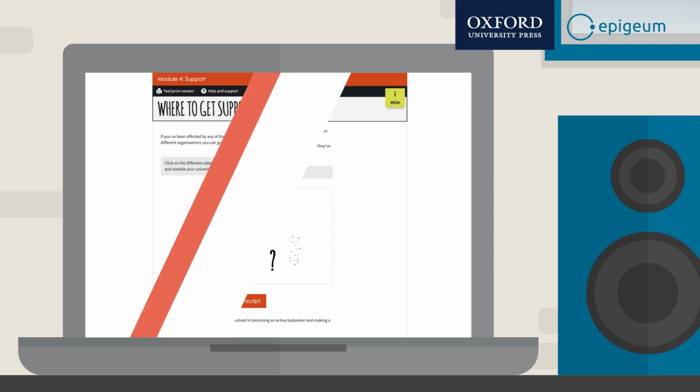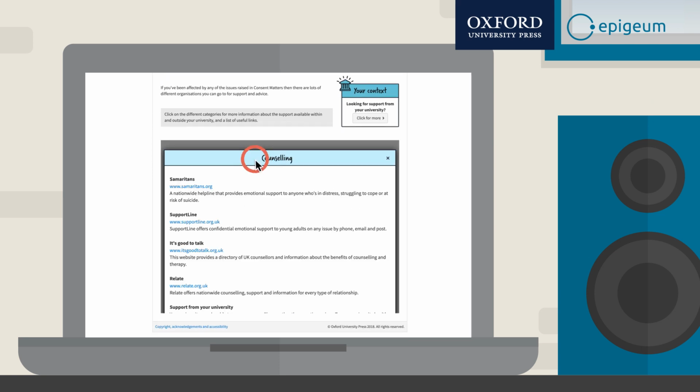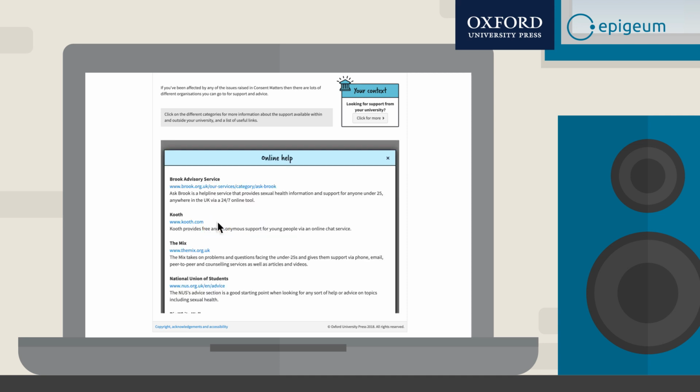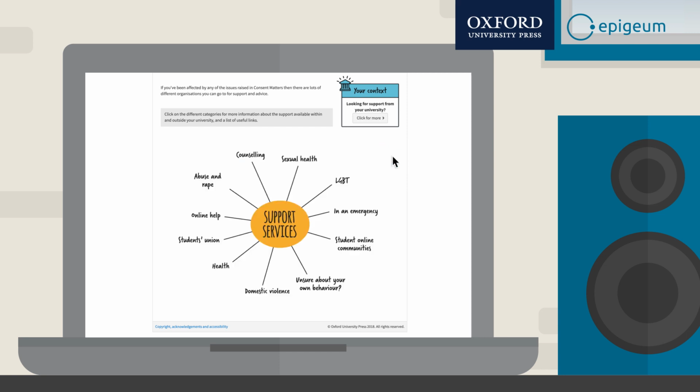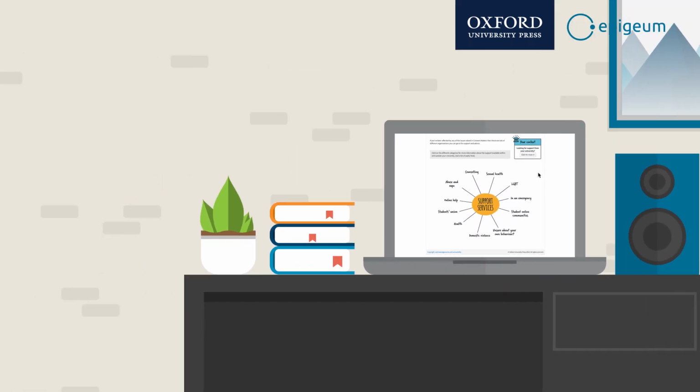To ensure your students know where and when to seek help, links to support services and external resources are included throughout the course content. These links include a range of options to ensure your students are informed of the different courses of action that are available to them. If you choose to host a Consent Matters course on your institutional virtual learning environment, you will be able to customize content and include institution-specific resources and links to ensure the information is highly relevant for your students.